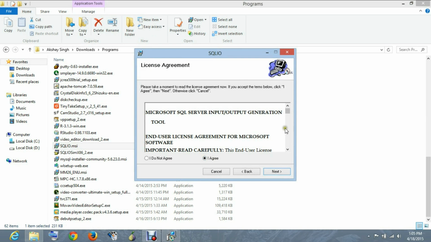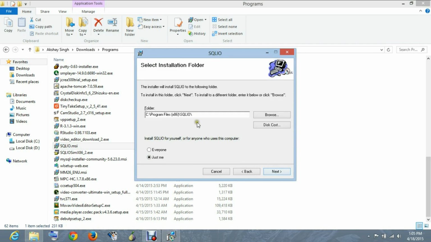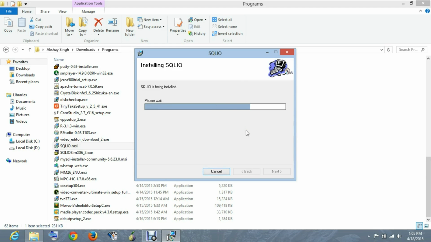Click on I agree. Read this if you want to. Select the path and click on everyone. Even if you click just me, it's all fine. It won't cause any problems. Click on next. Next. It will take barely a few seconds. It should be over at any moment now.